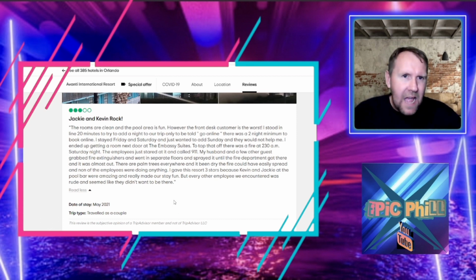I ended up getting a room next door at the Embassy Suites. To top that off, there was a fire at 2:30 a.m. Saturday night. The employees just stared at it and called 911. Wow. My husband and a few other guests grabbed fire extinguishers and went in on separate floors and sprayed it until the fire department got there and it was almost out. There are palm trees everywhere, and it being dry, the fire could have easily spread, and none of the employees